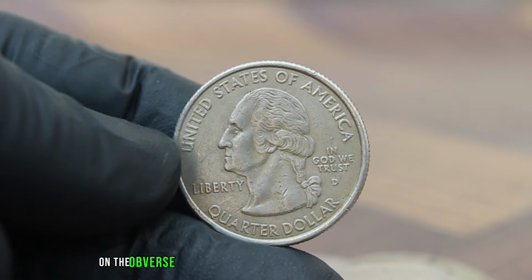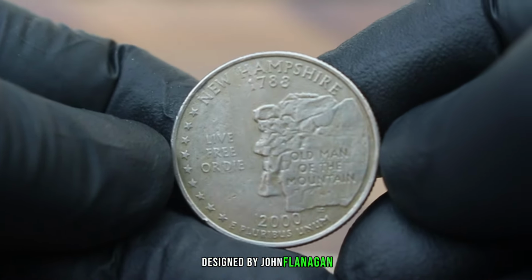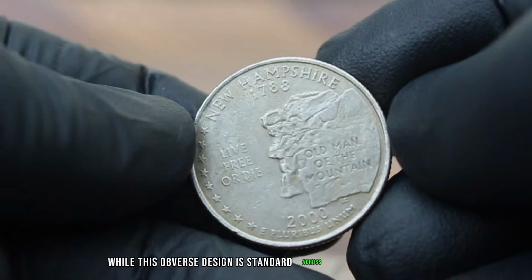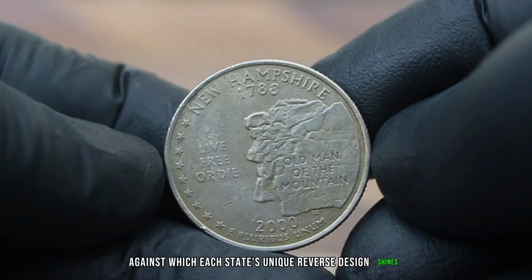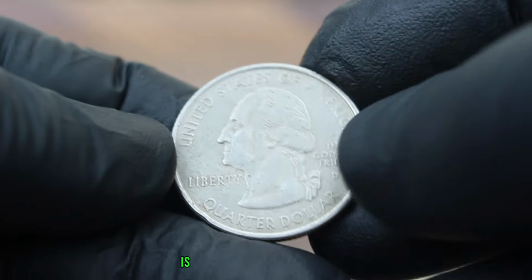On the obverse, you have the familiar portrait of George Washington, the first president of the United States, designed by John Flanagan, a portrait that has graced quarters since 1932. While this obverse design is standard across all state quarters, it provides a consistent backdrop against which each state's unique reverse design shines. One fascinating aspect collectors pay attention to with the 2000 New Hampshire Quarter is its mintage and